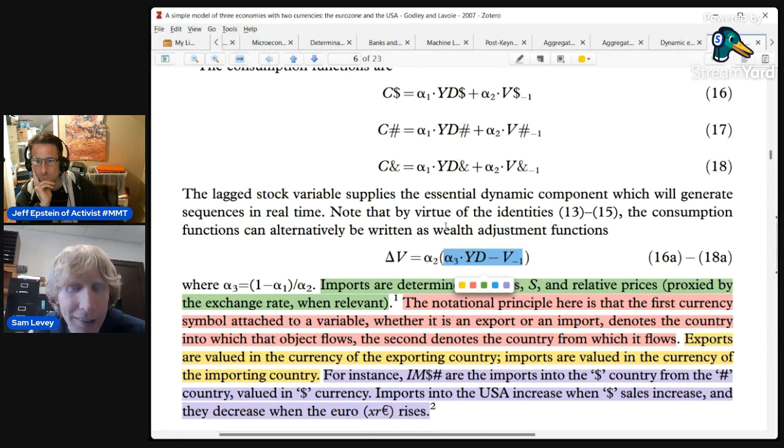And so what the rest of this equation tells you is that how much you're going to try to change your wealth right now is based on how far away you are from the target. So I'm $50 away from where I want to be, times this parameter that tells you how fast you want to get there. Maybe this parameter is like, I want to get there right now. I'm $50 away and I need to get that $50 right now. So if this were a 1, that would say you want to save however far you are away from the target, you want to get there right now.